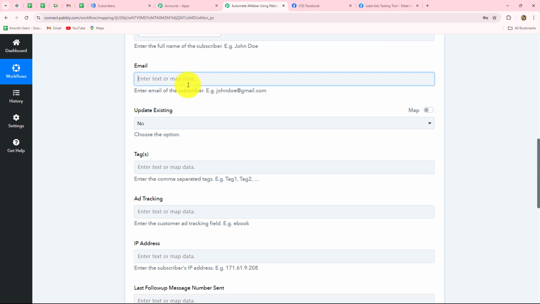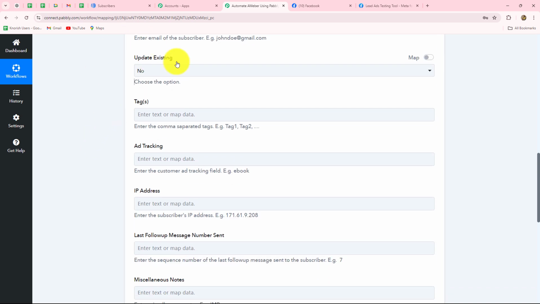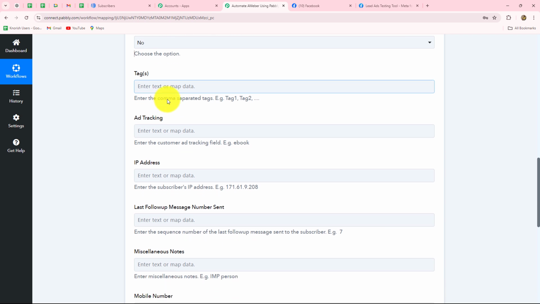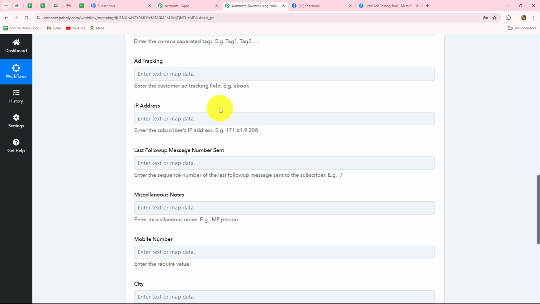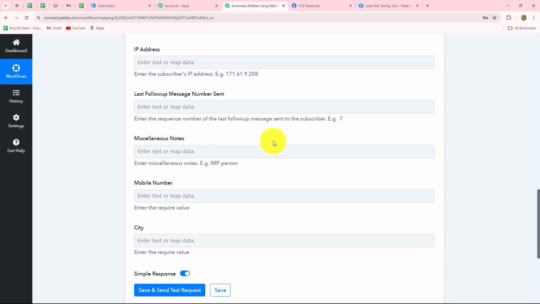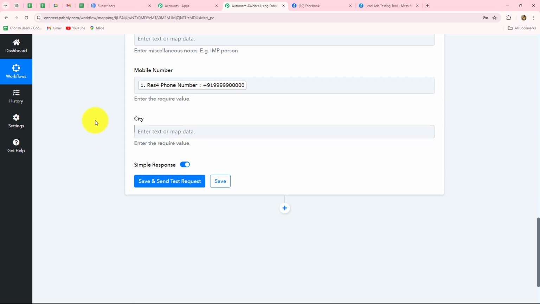Okay, then in a similar manner, we are going to map the email address which we have received of the subscriber. Here it is asking us update existing. I'm creating a new subscriber, so I will select no. Then if you want to provide any tags, you can also add the tags over here. Then we have the tracking ID, which is not mandatory, so I'm going to ignore these fields for now. Then we'll move forward, and I will simply map the phone number which I have received from my response, and if you have received the city, you can enter that as well. Now I'm going to simply click on the save and send test request